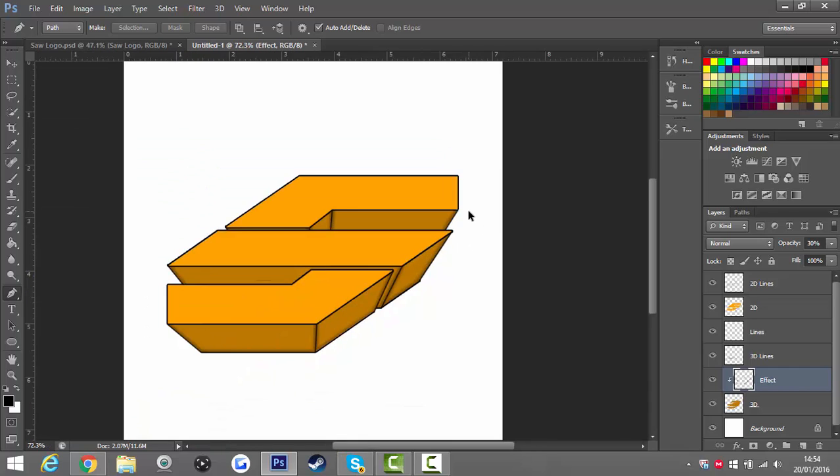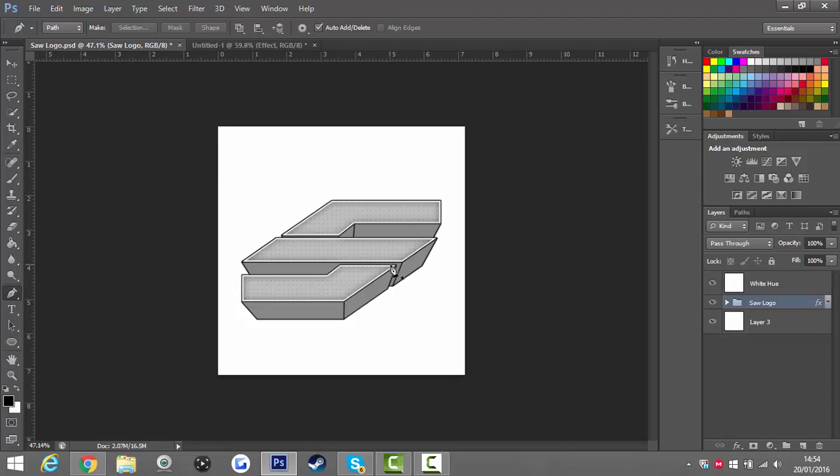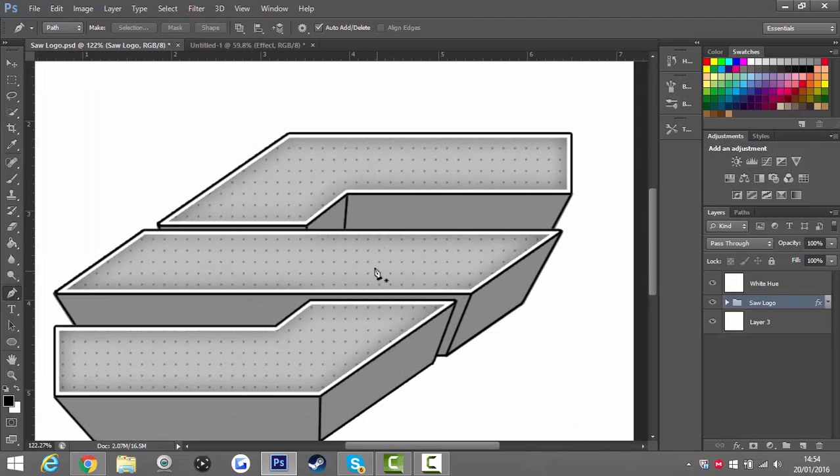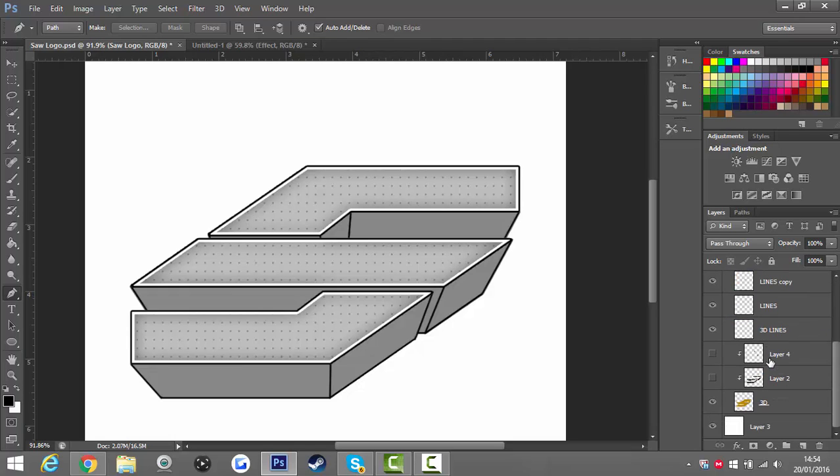Okay, so now you've got that. Then we'll probably add your effect on this part, and just add back the shadow and stuff there. So now you're on this part. So now you probably want to add your dots and all your effects you got on the 2D